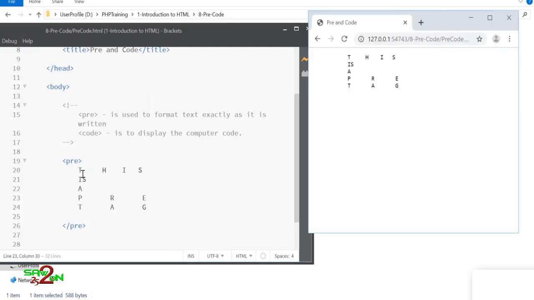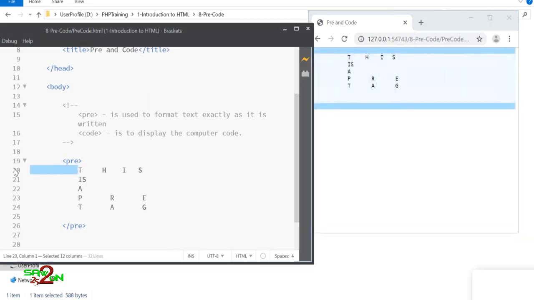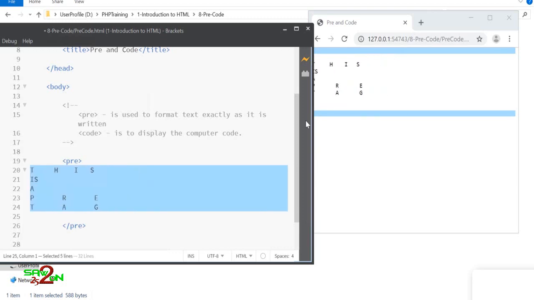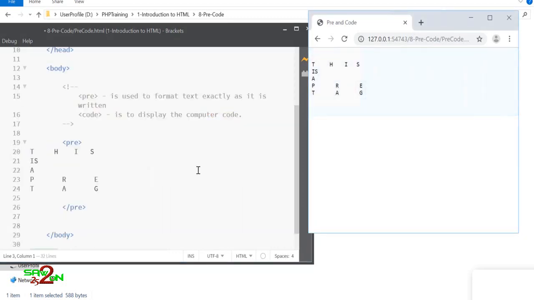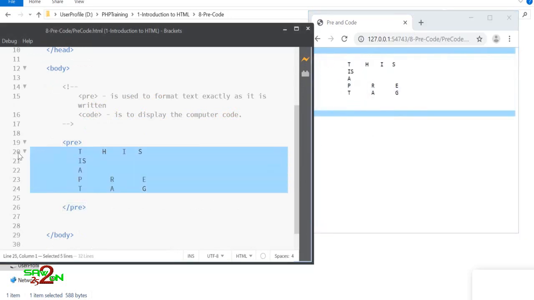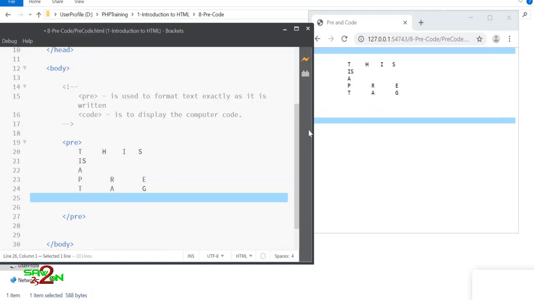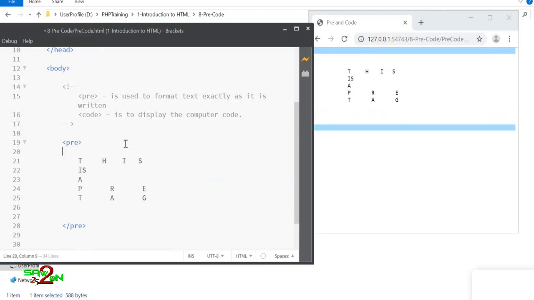If you look at the output, you will see exactly the same. Okay, even this space is included. If you want to remove that space, you see it's moving it up here, right? And if you try to add that back, any space that you add here will be shown in the output and is exactly printed as you're writing inside it. That's the purpose of having a pre tag.